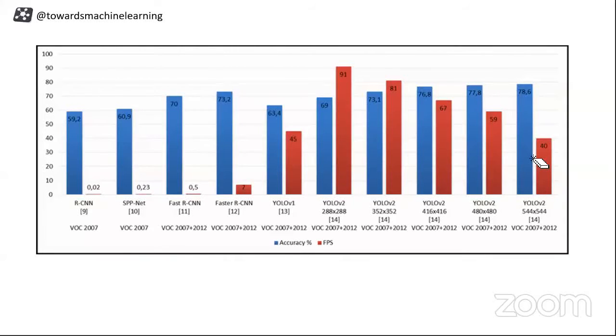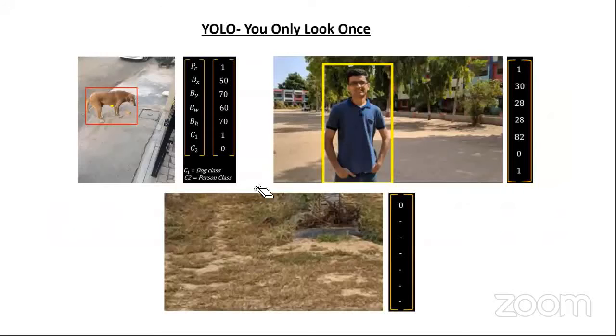There are some other algorithms also, RetinaNet and all. You can go and check out their frames per second as well. But for now, just focus on YOLO. And talking about Fast and Faster RCNNs, they have a huge accuracy. So if you have some task which doesn't require real-time identification or detection, you can go for these algorithms. They will do detection, though they will be slow, but their accuracy will be more. Okay, let's go for the YOLO algorithm.